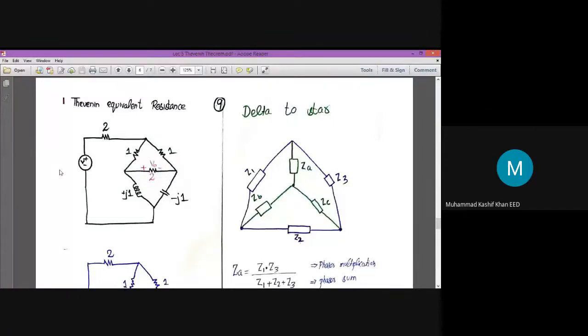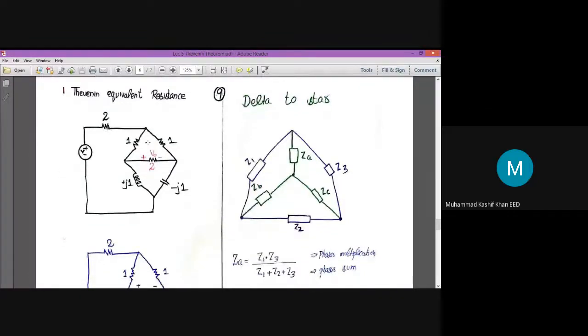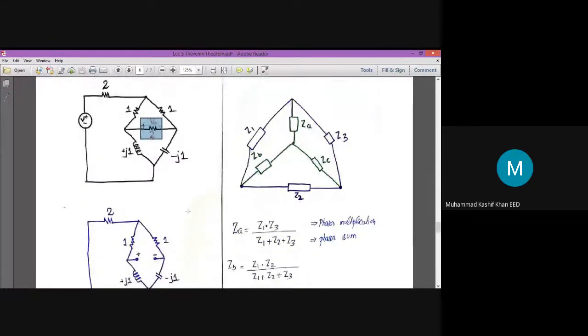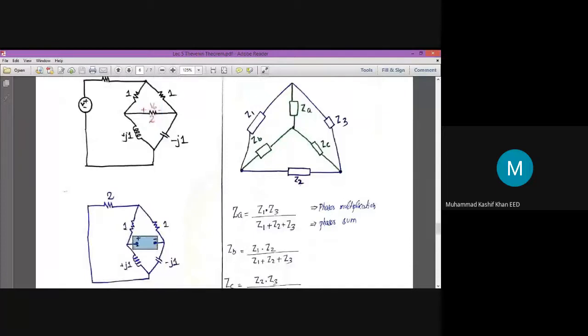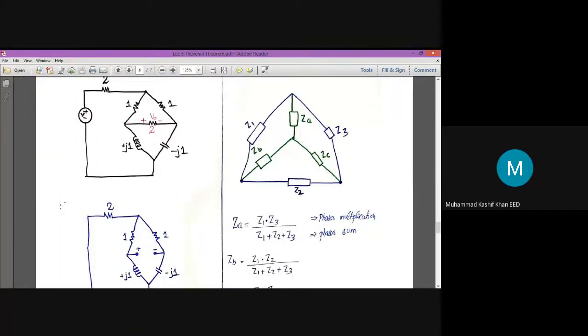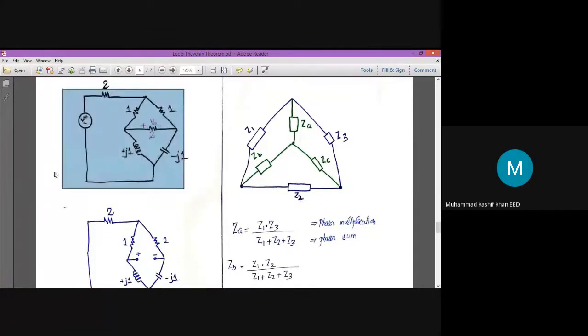So when you want to solve this circuit with the help of Thevenin theorem, you will remove this element. You remove this element, you mark the point A and point B, and you find out the Thevenin equivalent voltage at these 2 points. You'll find the potential at point A and the potential at point B, and the Thevenin equivalent voltage will be equal to VA minus VB. That is the easy part. Now the complex part is how to find out the Thevenin equivalent impedance in this circuit.